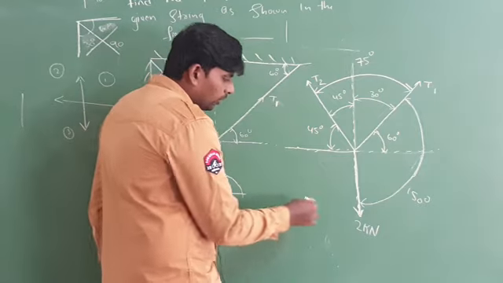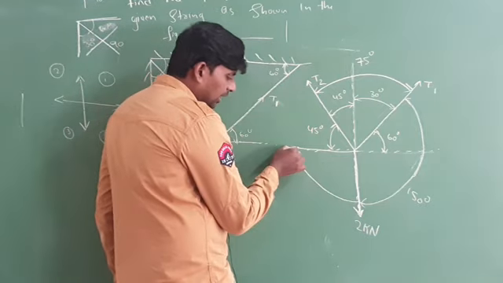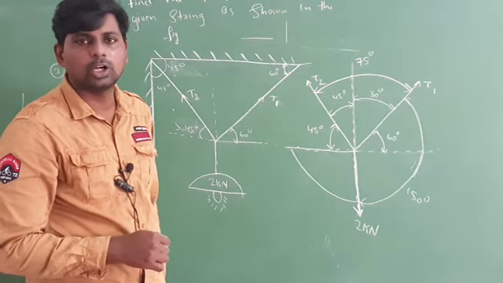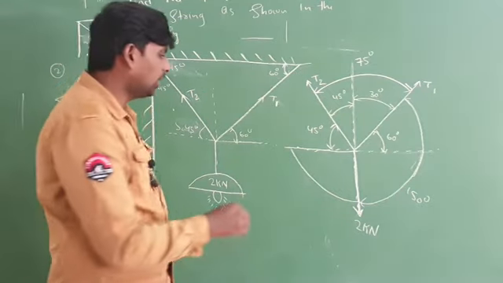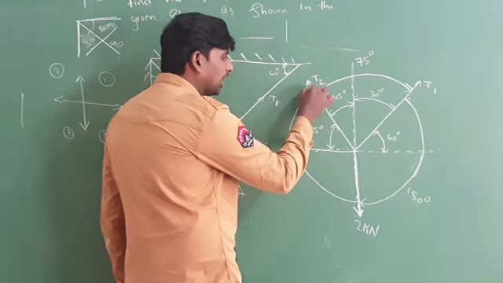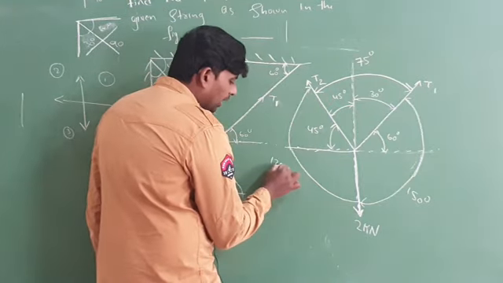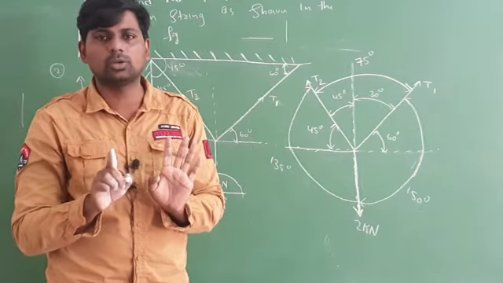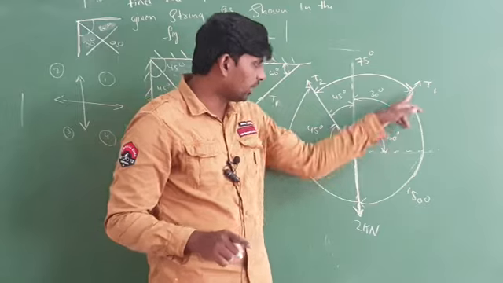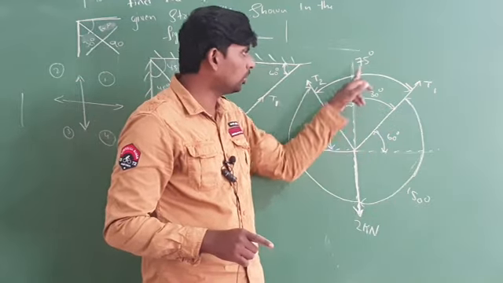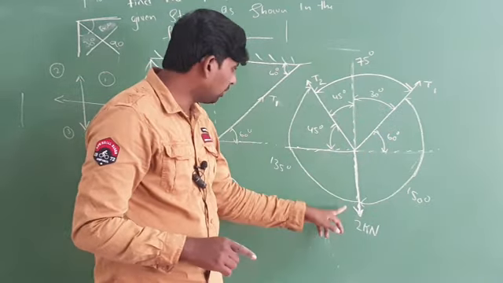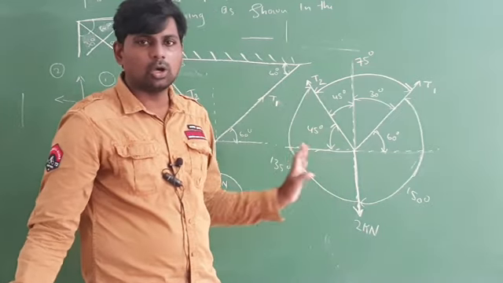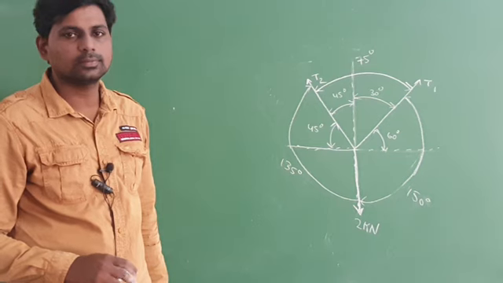Now next step, from here to here you know the angle, how much is the angle here? 90 degrees. 90 plus 45, how much will it be? 135. From here to here the angle is 135. Now I can show that between all three forces I know the angle. Between these two forces the angle is 150, between these two forces the angle is 75, and between these two forces the angle is 135. So I can say that for all three forces I know the angle.